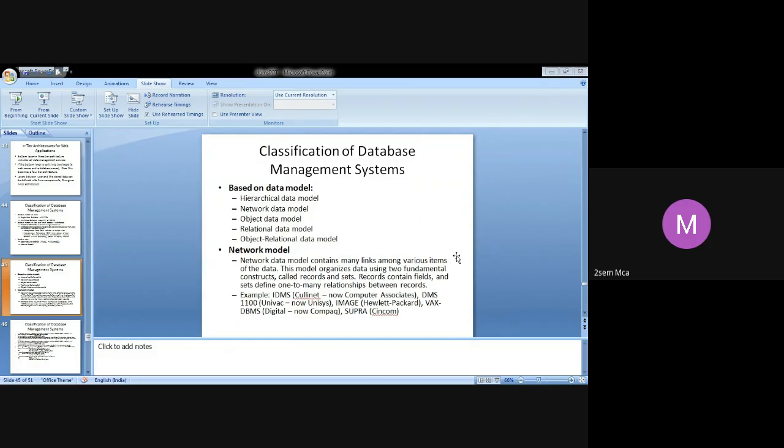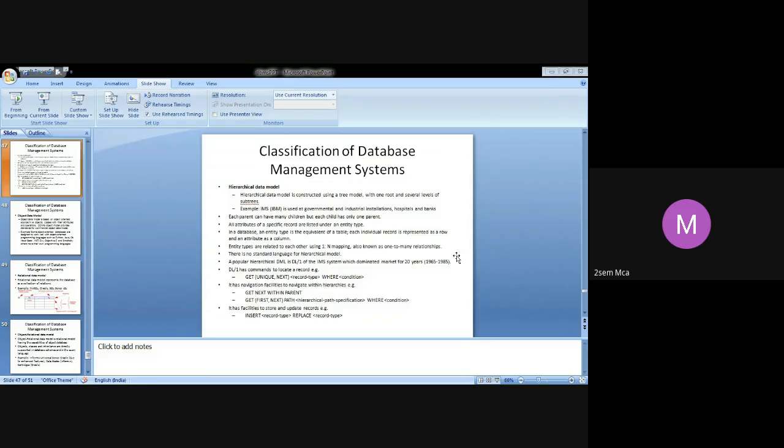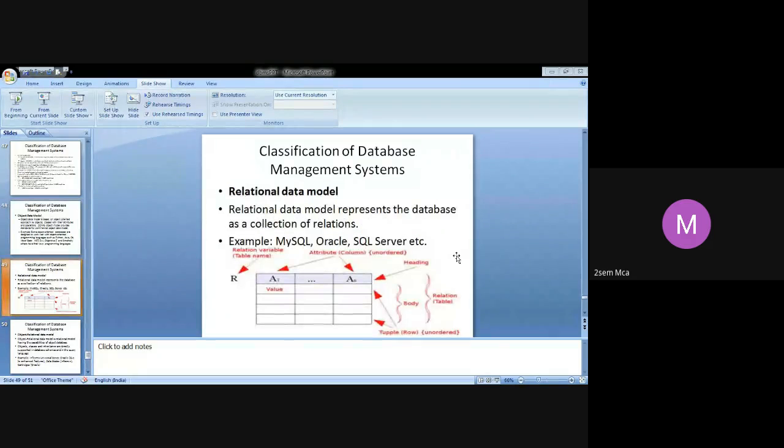So this is based on data model, which I told in the beginning itself. Hierarchical data model. You can have a DBMS based on the network data model, the object data model, the relational data model. Object relational data model can be combined also. So this is another type of classification of DBMS. I've given some examples.